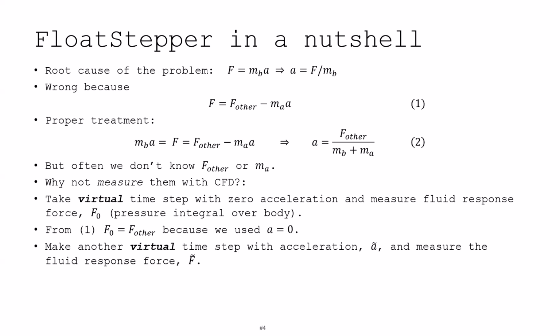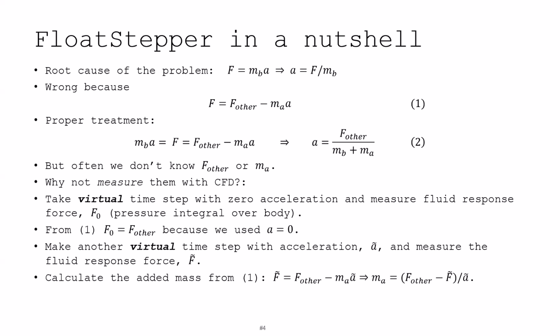Then the next step is we take another virtual time step with some finite non-zero acceleration. Let's call it A tilde. And then we measure the fluid response force in this virtual time step. Let's call it F tilde. And then we can plug this into our equation 1: F tilde equals F other minus MA times A tilde. But here the only thing we don't know is MA. So if you isolate MA here, then we actually have the second quantity that we didn't know to calculate a